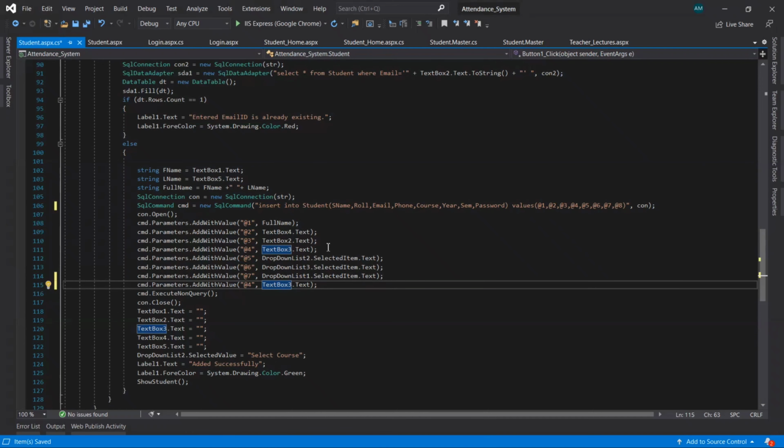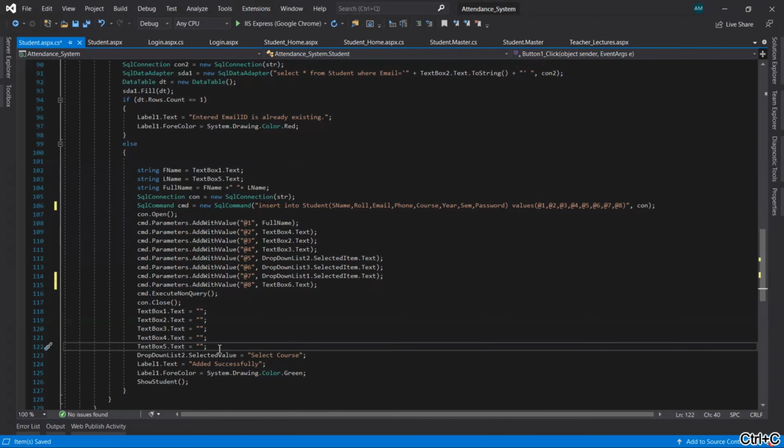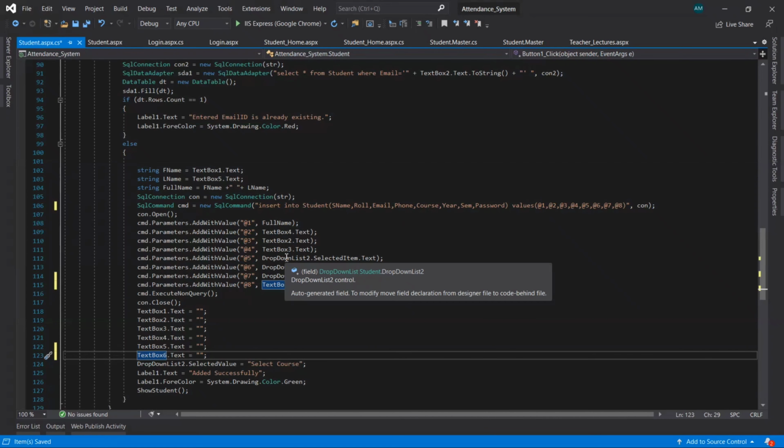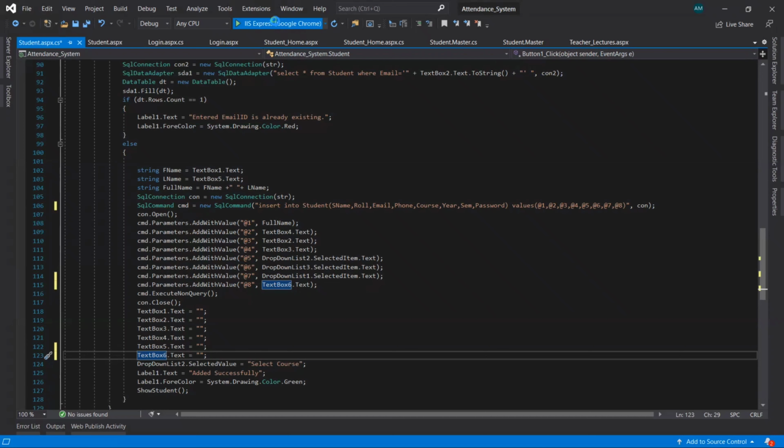The text box ID is TextBox6, and that is where we are going to get the value from. Okay, so after that we have to blank out that field after refreshing the page. So it's done. Now let's run and see.